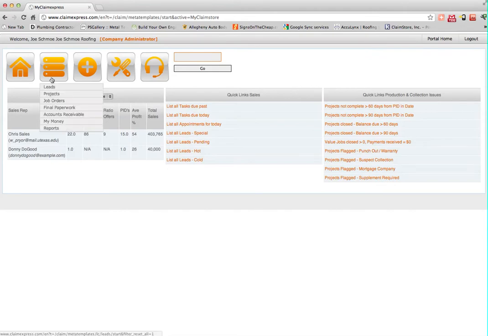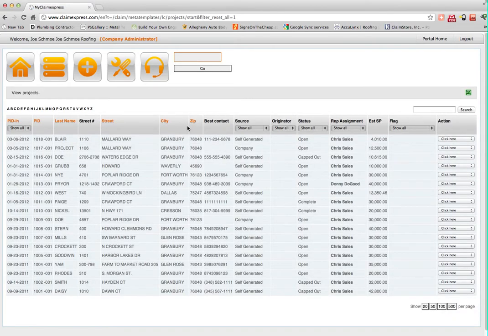So the next step would be to go to your projects. So you would go to the list icon and go down to projects and click projects. Here's our list of projects. So once you've converted a lead to a project, it'll show up in this list. So we're going to go into this first one